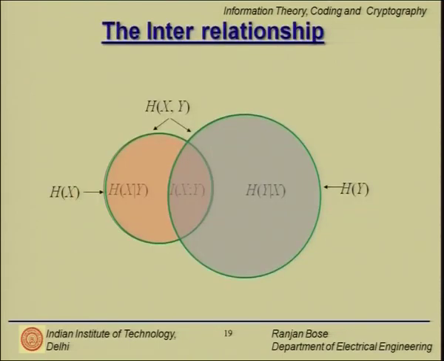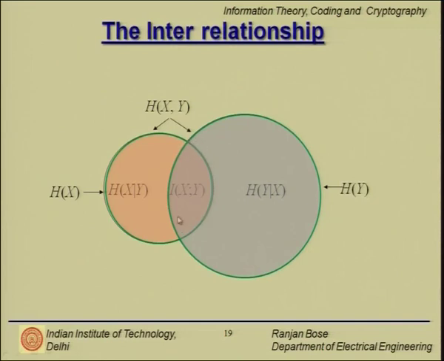So, we now look at a very interesting interrelationship between h of x, h of y given x, h of x given y, I of x semicolon y. So, consider this Venn diagram. Here the pink represents the uncertainty in x. Size can be taken as the amount of uncertainty. So, x could be a coin toss experiment with a biased coin. So, there is some amount of uncertainty. Now, y is another big circle represented by light blue, which represents the uncertainty in y. So, what could y be? Y could be another coin toss experiment, but this time it is a fair coin. So, this circle is much bigger,